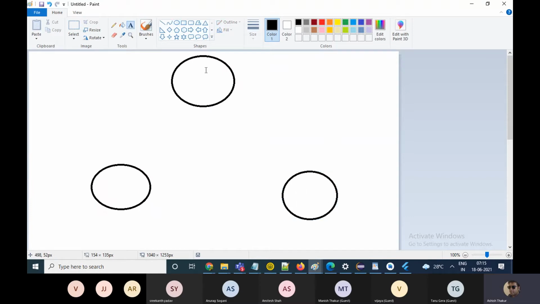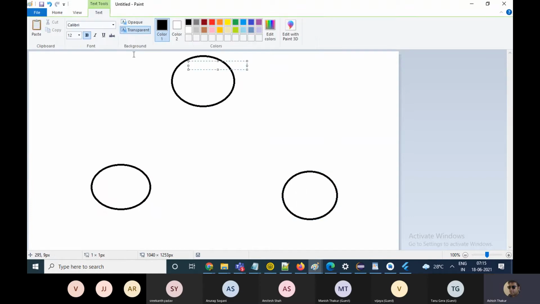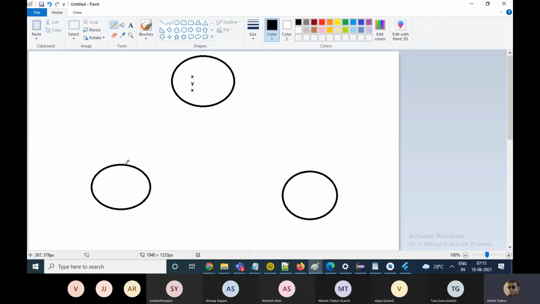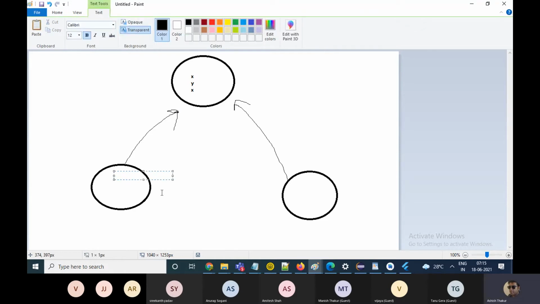So what I did practically was that I made one interface. This had a few functions like X, Y, Z, and two classes went and implemented this particular interface. So they also had to give the bodies to these three functions mandatorily.